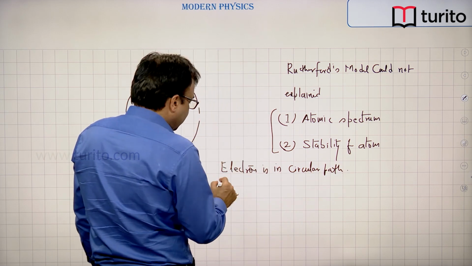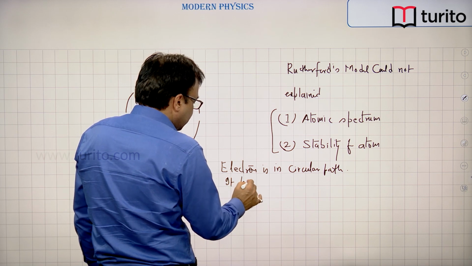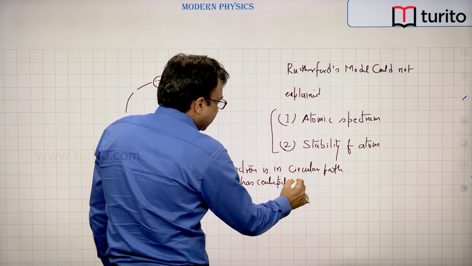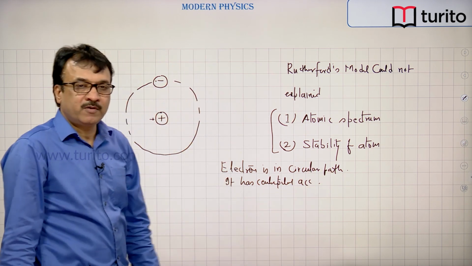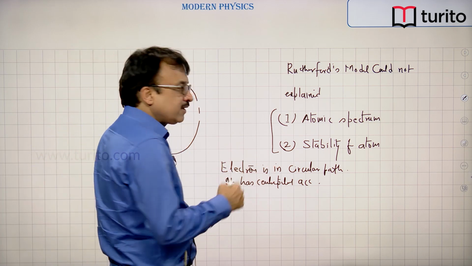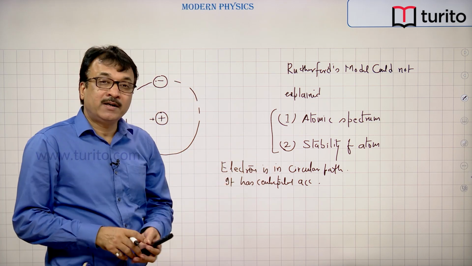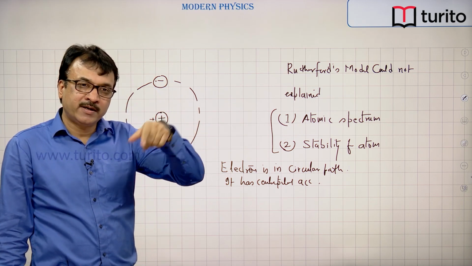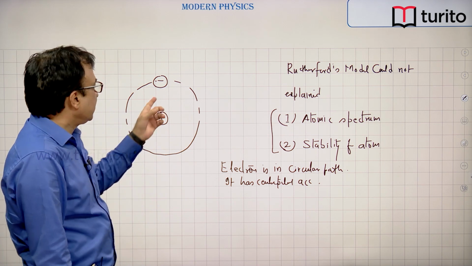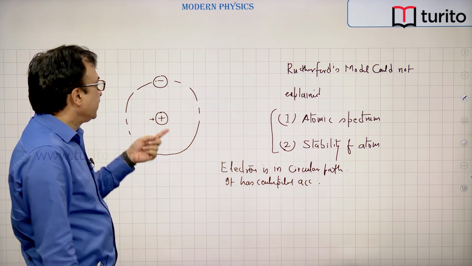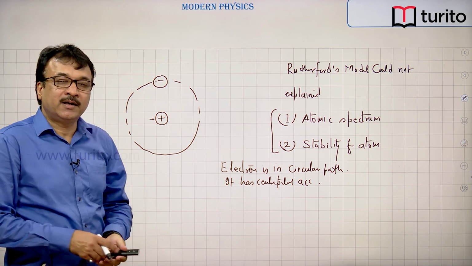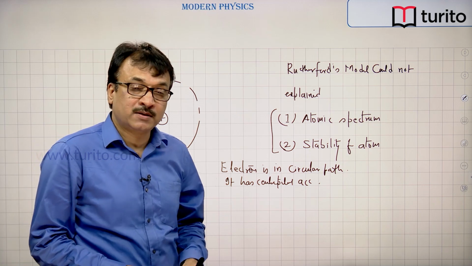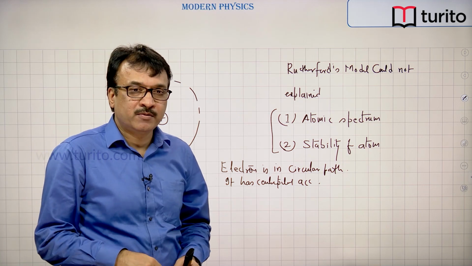Electron is in a circular path, therefore it has centripetal acceleration. So, it will radiate energy, and if the electron radiates energy, its kinetic energy will gradually decrease, and finally, after losing its entire kinetic energy, it will fall into the nucleus and the whole atom will collapse. This thing could not be explained on the basis of